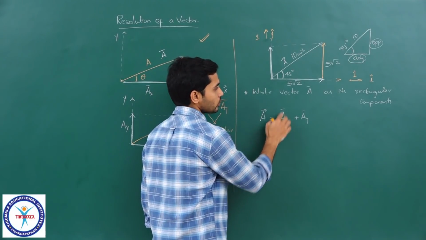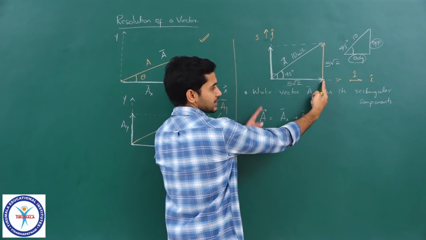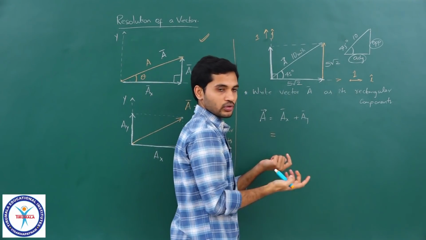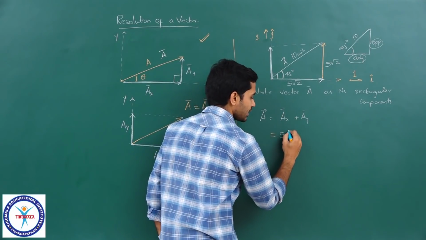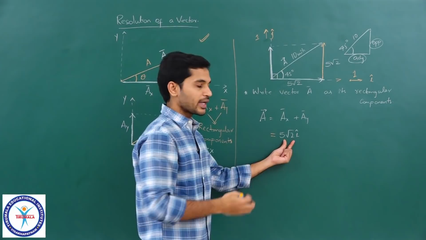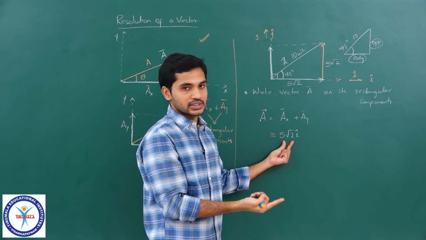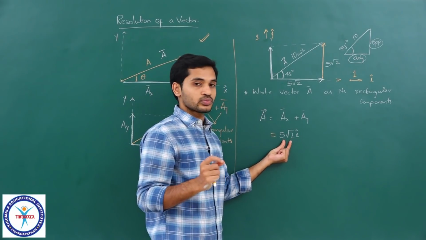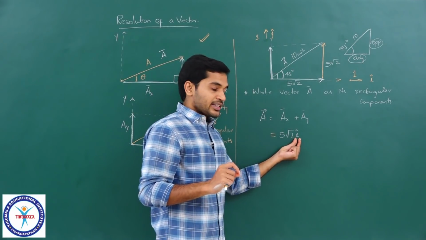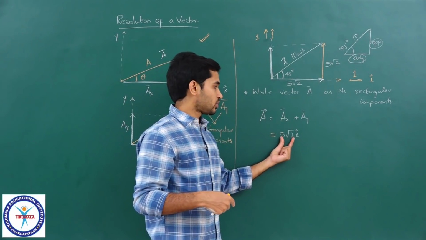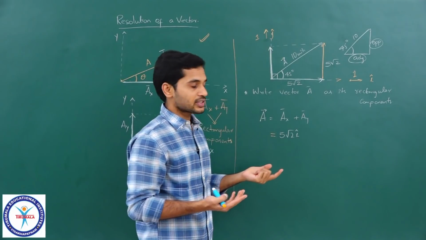Okay. Now, this Ax is a vector of magnitude 5 root 2 along I cap. So, how do I write it? We know this already, right? I will write it as 5 root 2 I cap, 5 root 2 into I cap, that is what it means. So, I am multiplying I cap with a scalar 5 root 2, which means its magnitude will become 1 into 5 root 2, which is 5 root 2, clear.